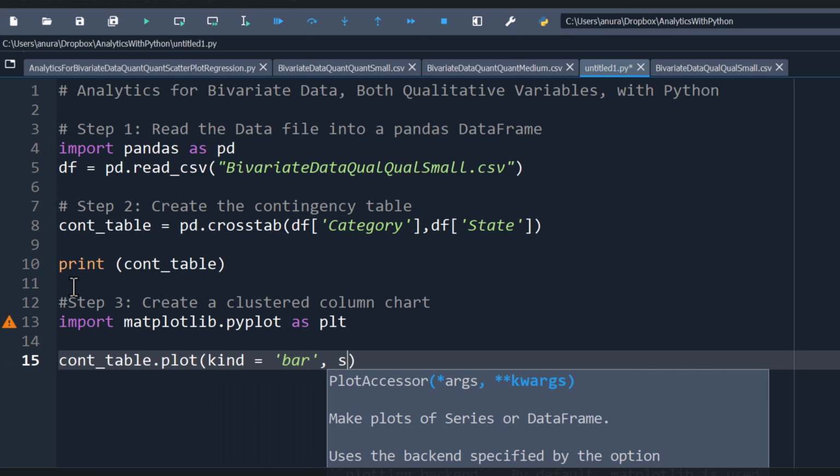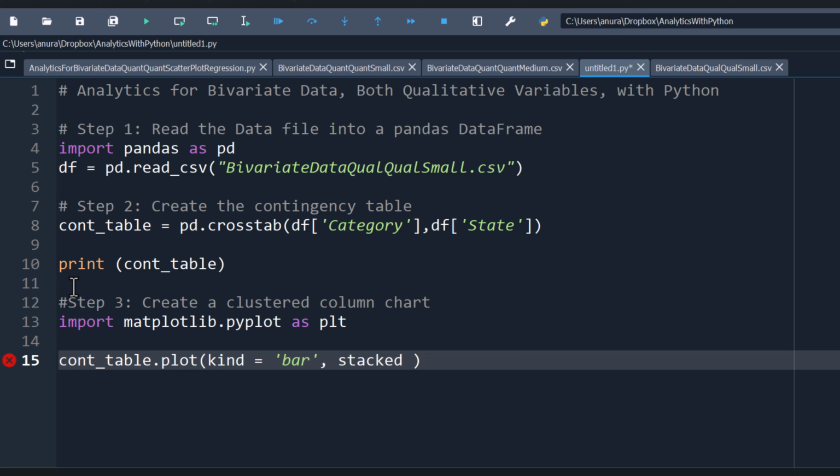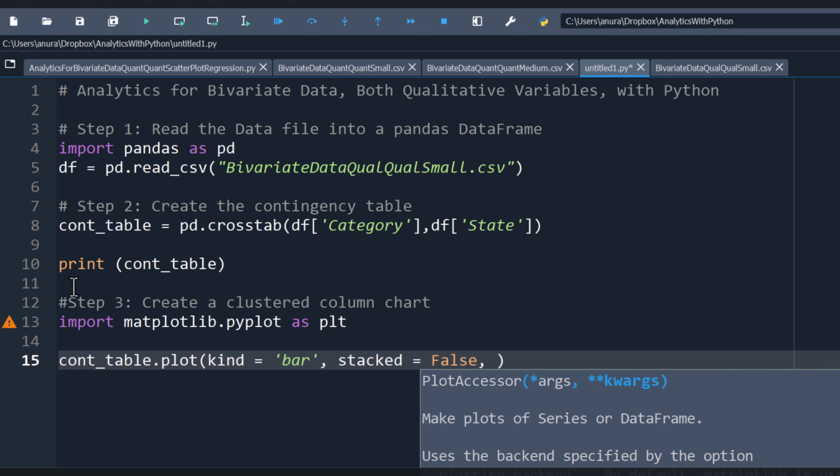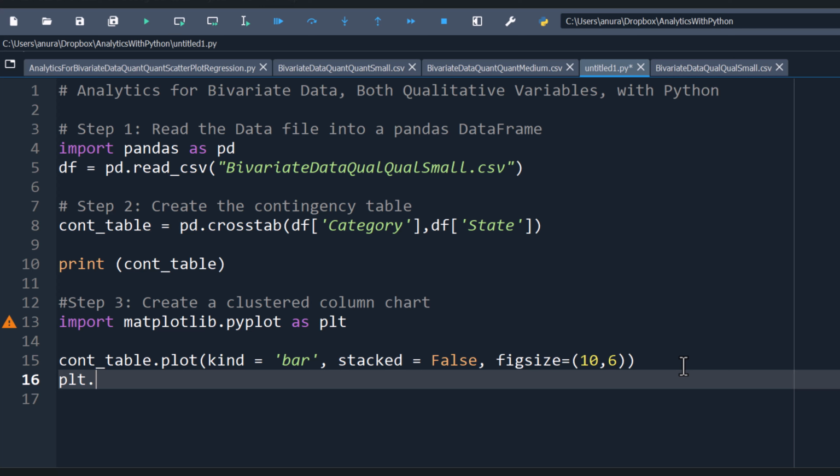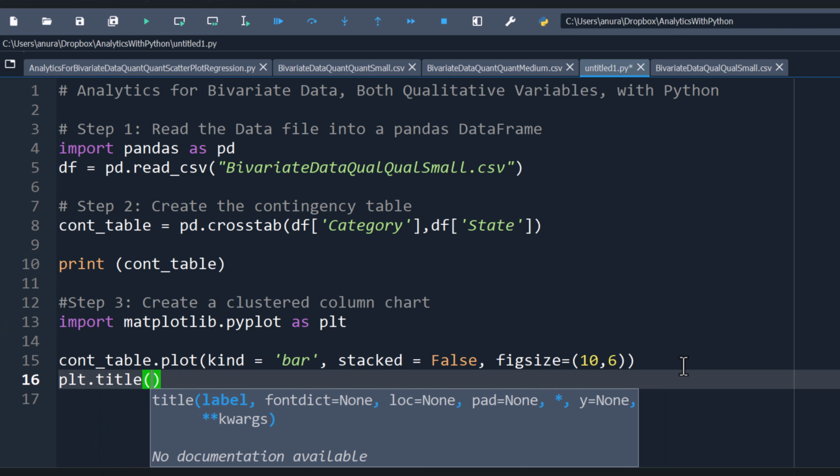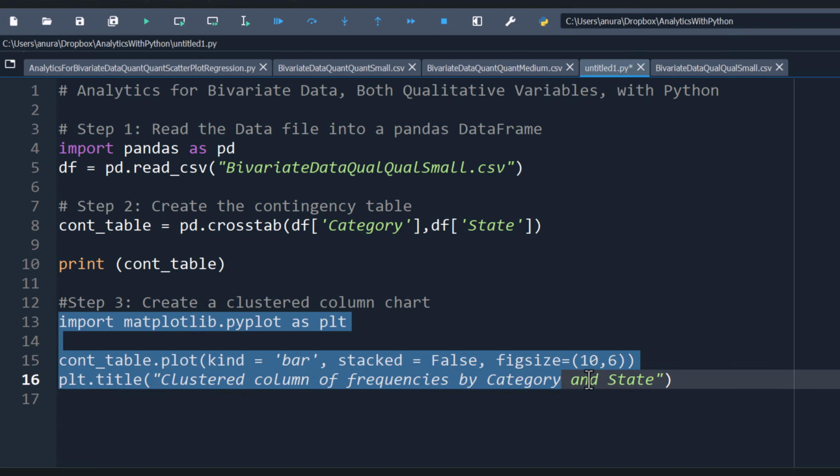This is a clustered chart, so we will say stacked equal to false, and we can give a figure size equal to say 10,6, and we can give plt.title, clustered column of frequencies by category and state. So let's run these 3 lines of code,